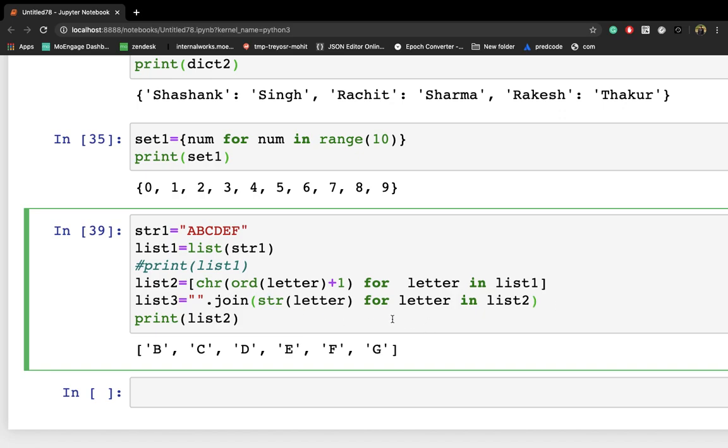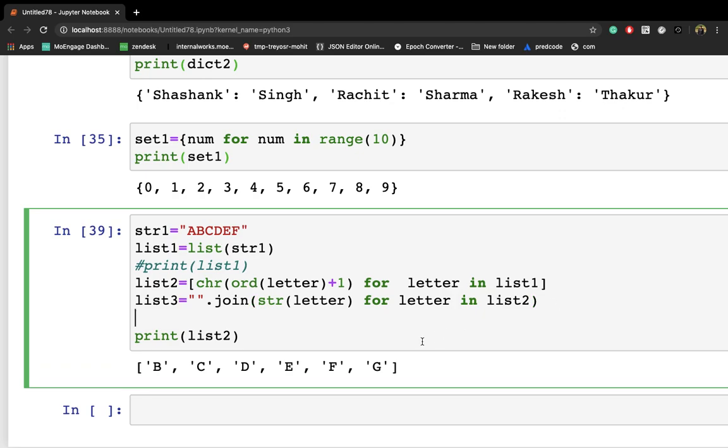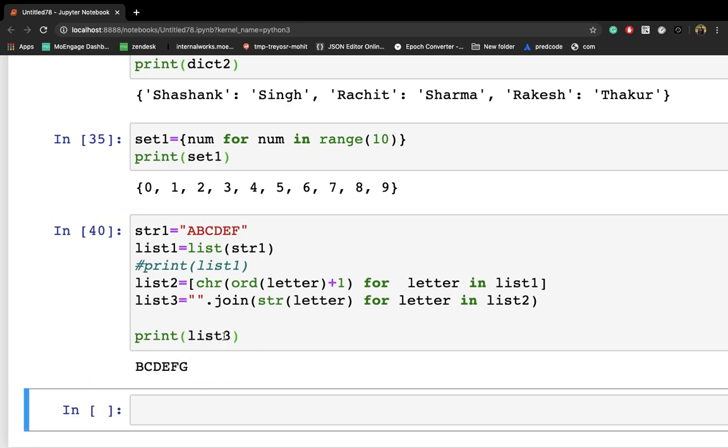That's how you can do it. Let me print. So this is what we are getting.